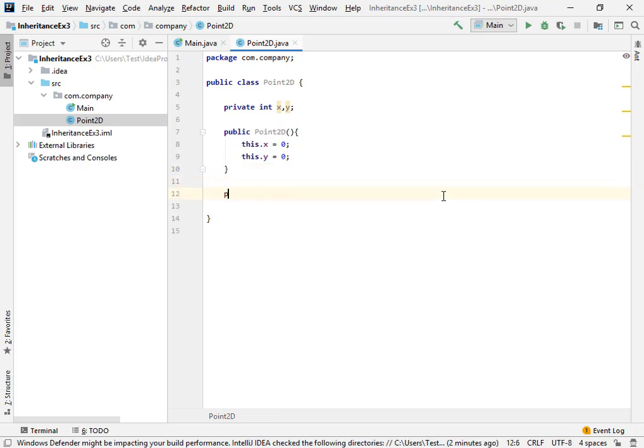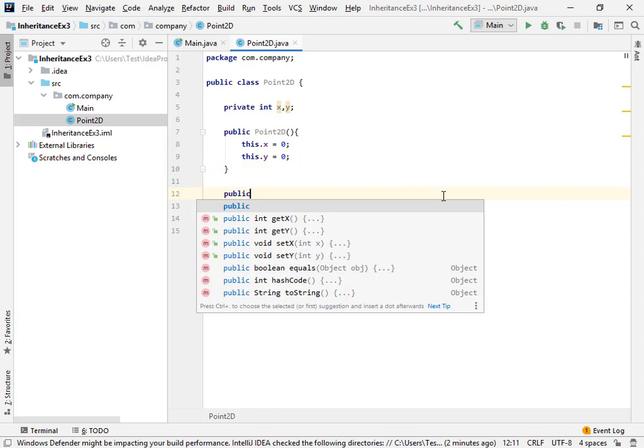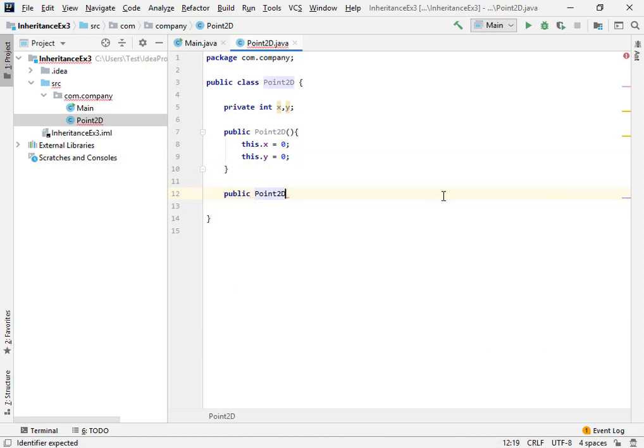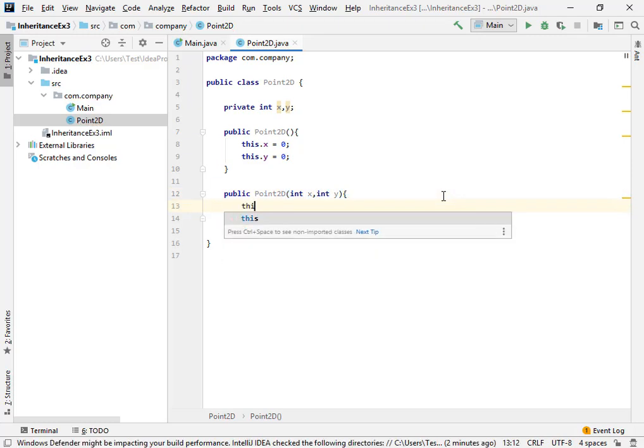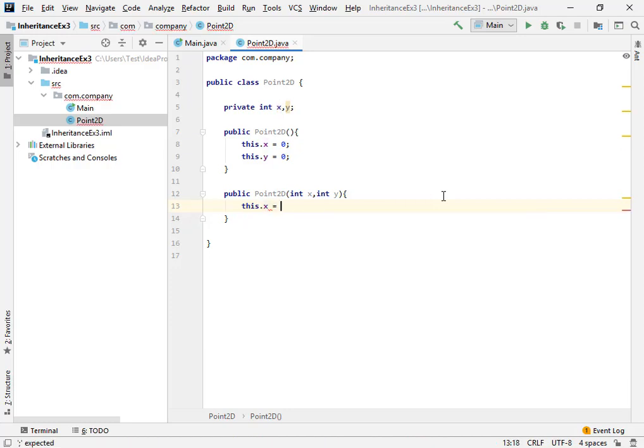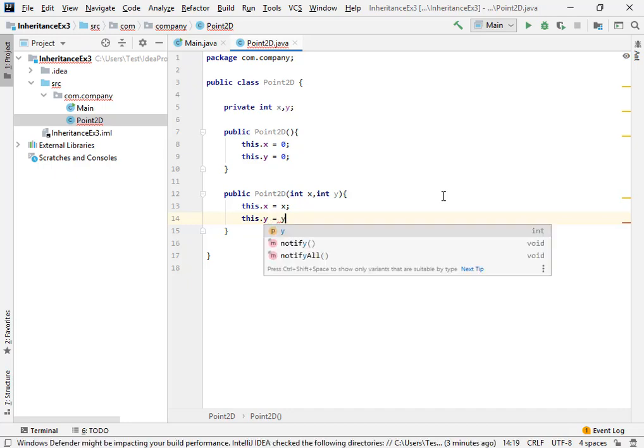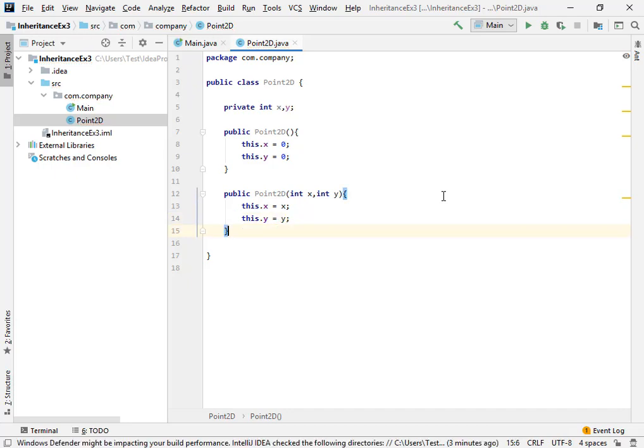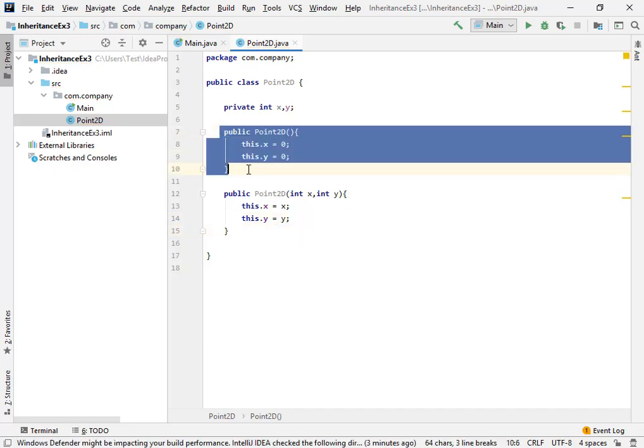Now we're gonna build one more constructor which will be parameterized, so definitely it should contain parameters. We're gonna provide these two parameters and assign this.x equal to x, this.y equal to y. So now you can see we have these two constructors.